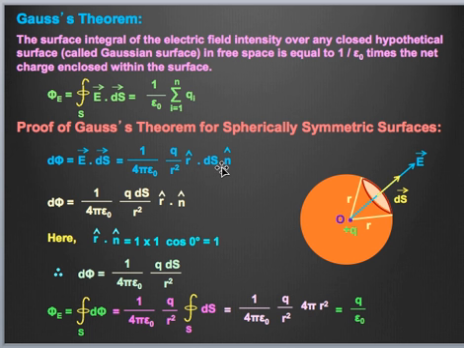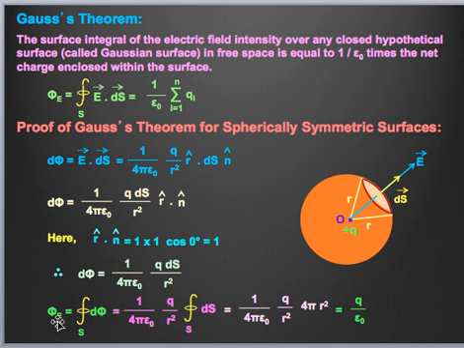Here ds with n vector is the direction of the area vector, meaning ds into n unit vector is equal to the ds vector. After this we get 1 upon 4 pi epsilon q ds upon r square into r unit vector dot n unit vector. As both are in the same direction, this will be equal to 1. On substituting the value of r dot n in the above equation, we get d phi equal to 1 upon 4 pi epsilon q ds upon r square.